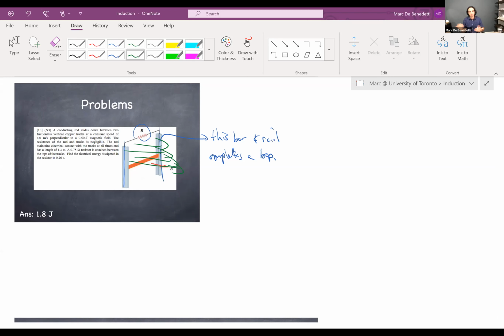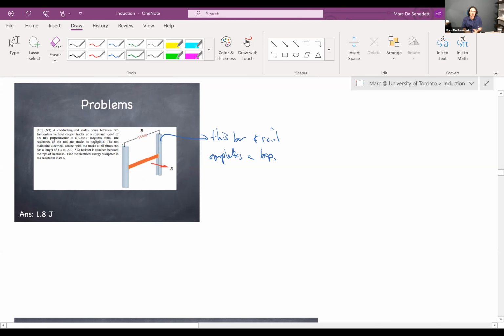Right, as the bar falls, we are including more and more field lines. So that's going to be a Faraday's law thing. You're changing how much flux is going through an enclosed area. So that means you're going to get an induced voltage, and the induced voltage means you're going to get an induced current, because here we have a closed loop, and